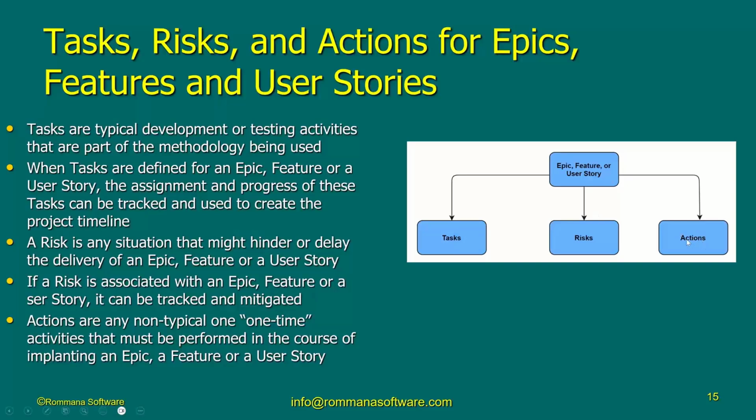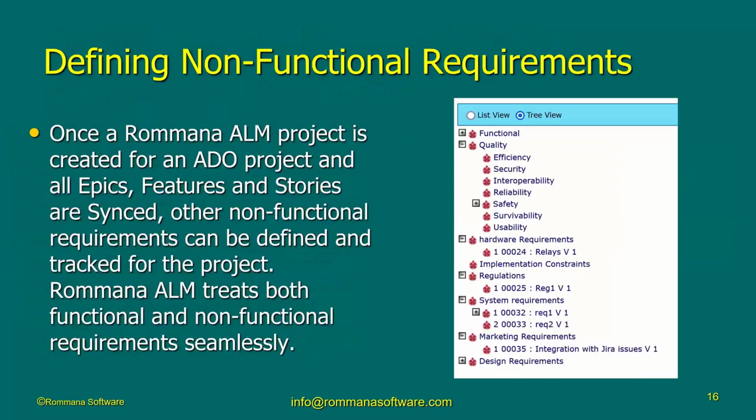Actions are things like the action item lists, other than development. So these actions are things like contacting a third party, looking for a reusable component, doing things like that. Talk to another manager about this user story. Any action item list should be included here. Okay. And you can create those for any epic or a feature or a user story. But that prepares for what we call feature-based project management. Continuing with that,